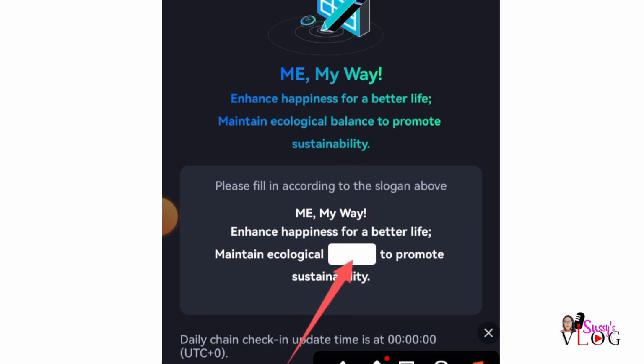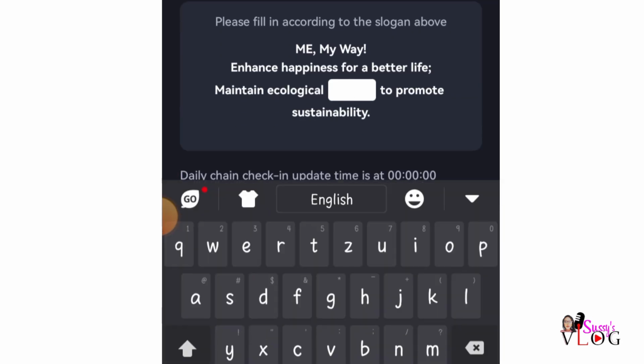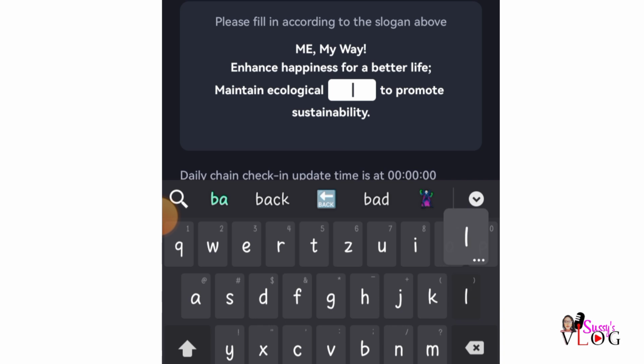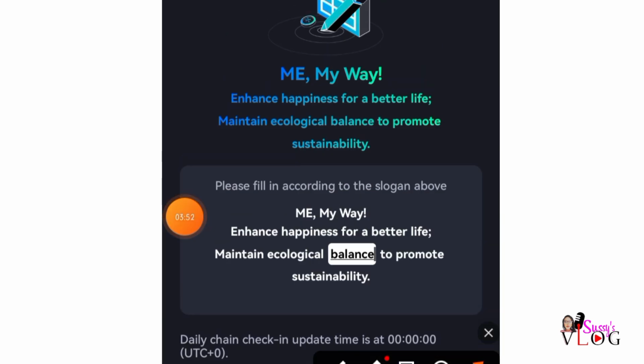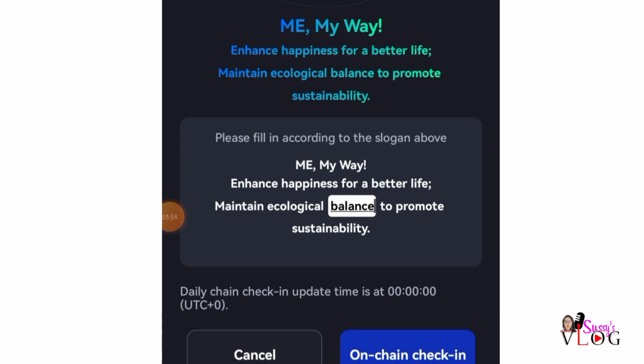So I'm going to come down here now and click on this white dashboard. Once I click on that white tab, I'm now going to write it out. Balance. You can see as I'm typing, it's coming out. Make sure you don't leave any space. You want to write the sentence the way it is. So once you are through, just click outside the white tab like this,